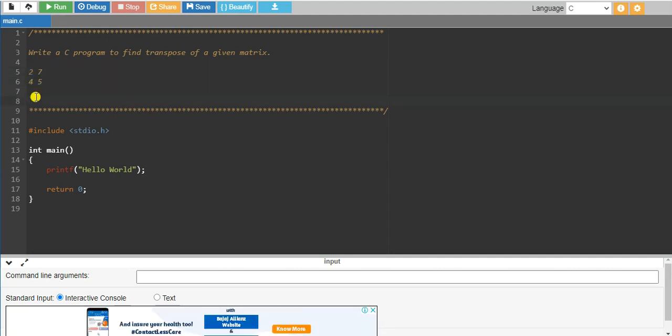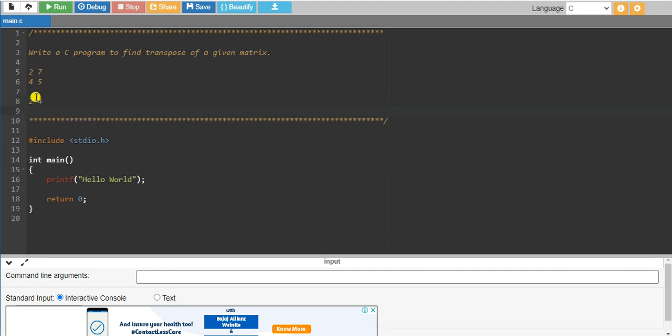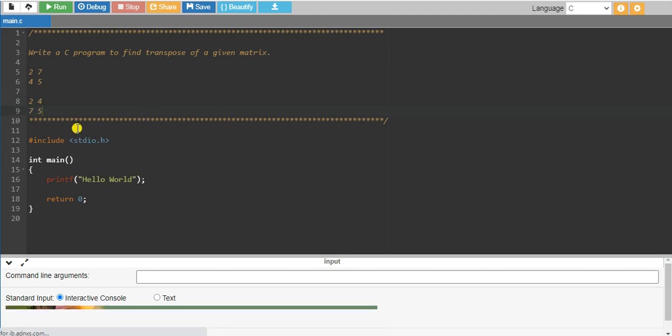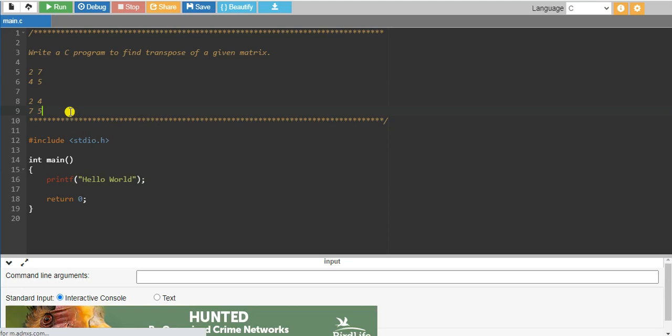So after transposing, how this matrix looks like, right? 2 4, then 7 5. This is how we will be finding the transpose of a given matrix.